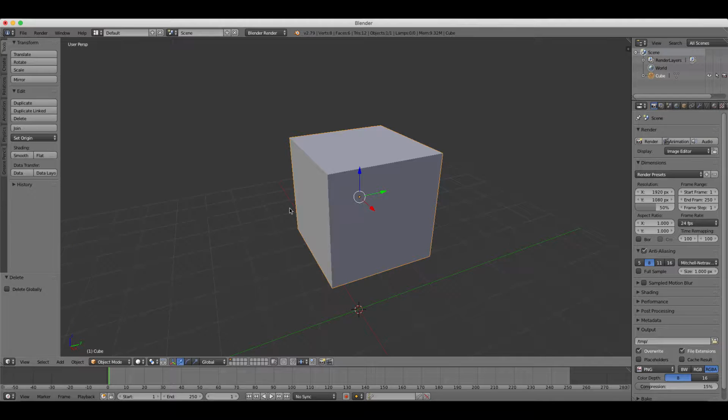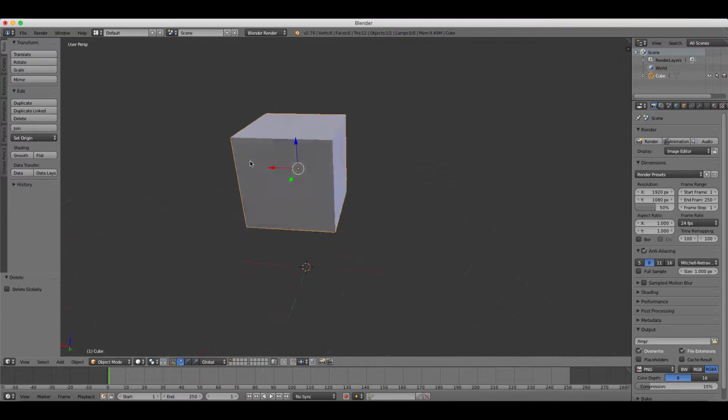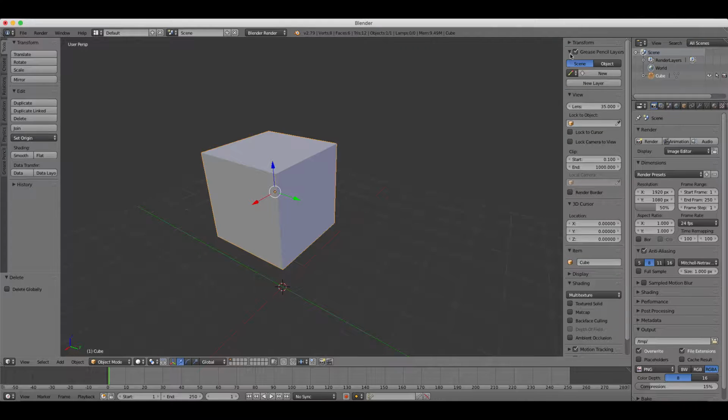So you spawn in with your little cube here, and when you export it to Roblox, you notice half the faces are invisible. Your solution from the previous video was to solidify it, but that is ineffective and makes two times more triangles. The more efficient way is to just change the faces' direction so that they're all pointing in the right direction. So if you go up and press N, close all these,